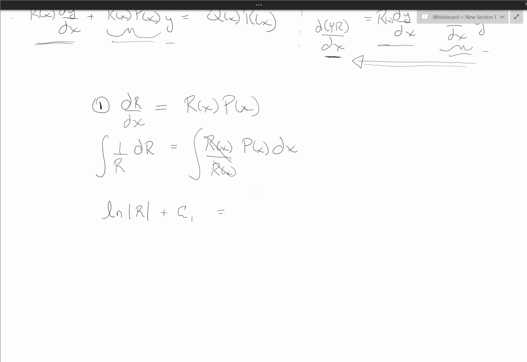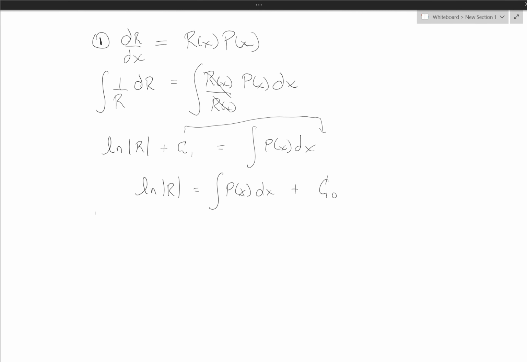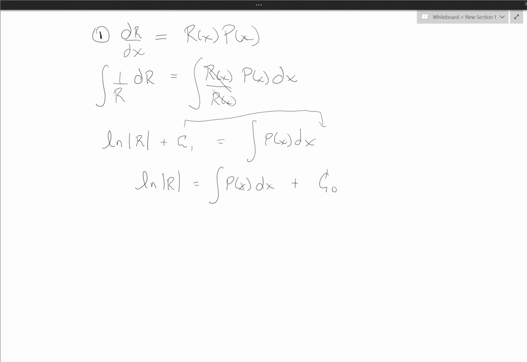And we don't know p(x). p(x) comes from the problem. So I'll just leave that here. I'm going to move the constant to the other side. So ln of r is the integral of p(x) dx plus, we'll call it c naught. When I move it over, it's going to be negative c1. So what is this? Well, this is e to whatever's on the other side of the equation is equal to the magnitude of r. So r is equal to e to the integral of p of x dx